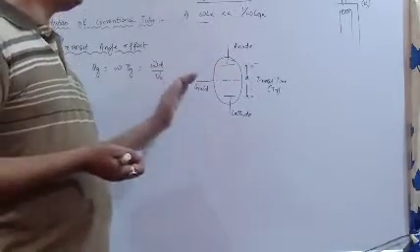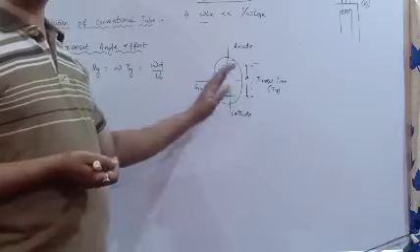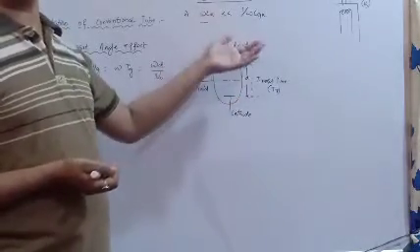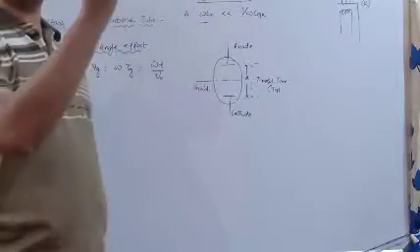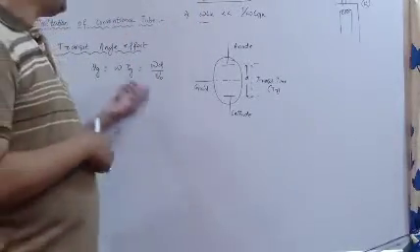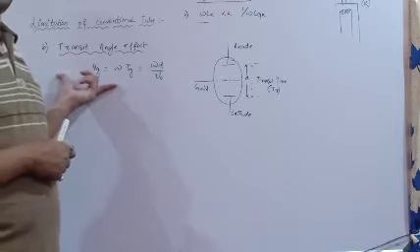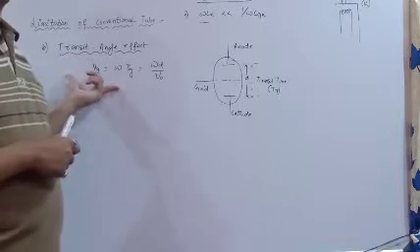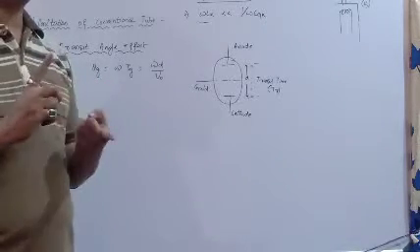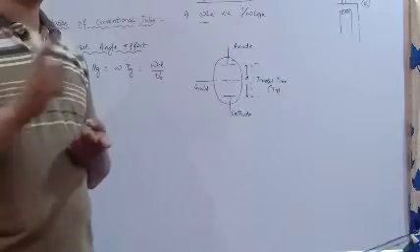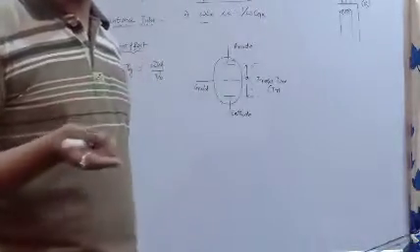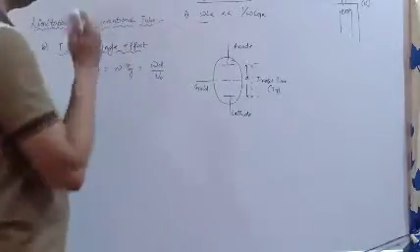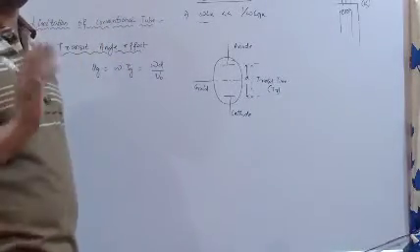If the external potential is provided, then only the velocity modulation will take place and the electron will move in a faster manner to reach the anode. So this is also one sort of angular, it is a transit angle effect. The thing is that we need to identify in which particular frequency range our tube is operating. If it is greater than 1 gigahertz, the efficiency of this tube is going to be very less.